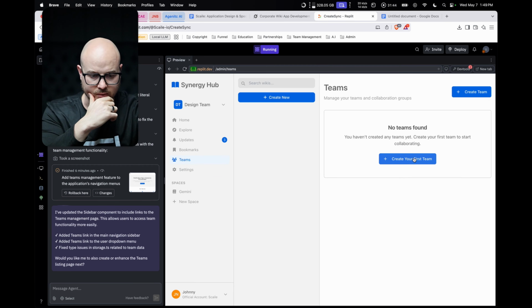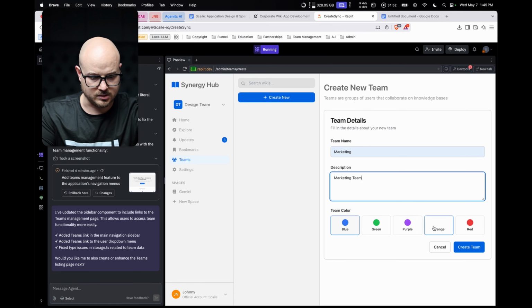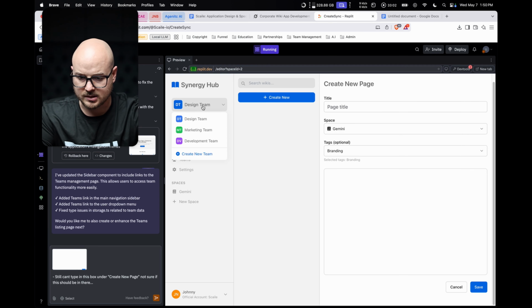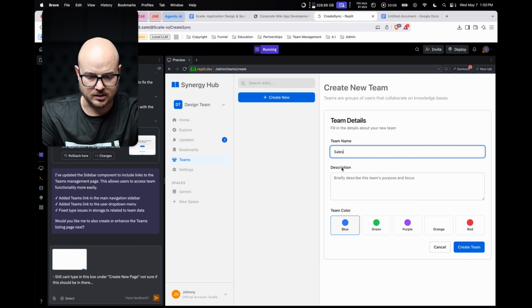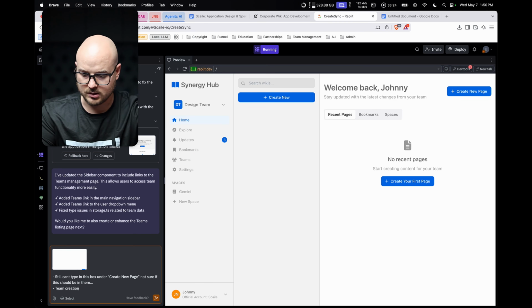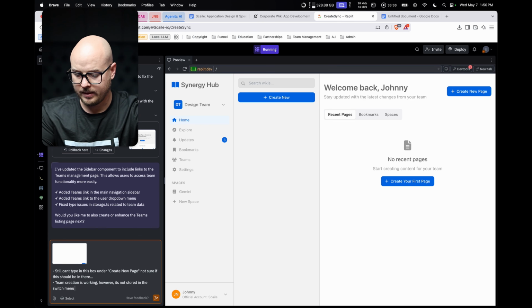Let's play around with this. Let's say marketing team, and let's make them green. Right. Then we can see also still can't switch between teams. Let's just see again. Yeah. This is sales. Team creation is working. However, it's not stored in the switch menu on the sidebar,